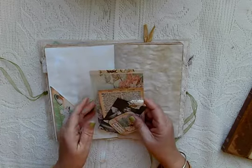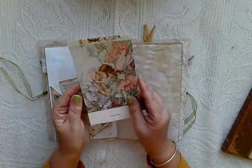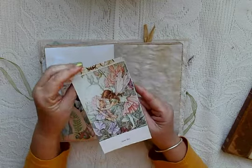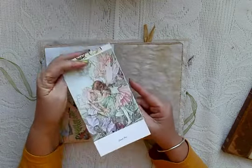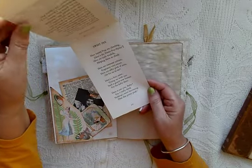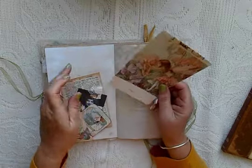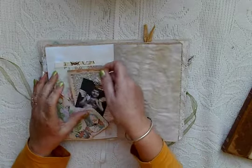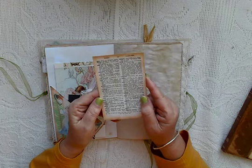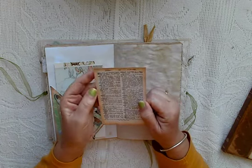Another corner pocket. These are images from Cecile Mary Parker's books. I've cut the pages and I've just put them together. So this is the Sweet Pea Fairy, and there's a little poem about the Sweet Pea Fairy and what she does. This is from a little dictionary that had fairy